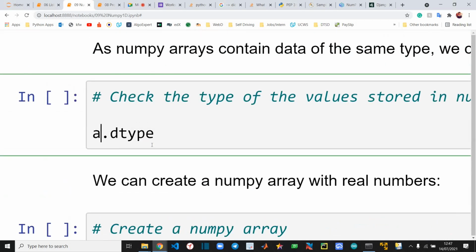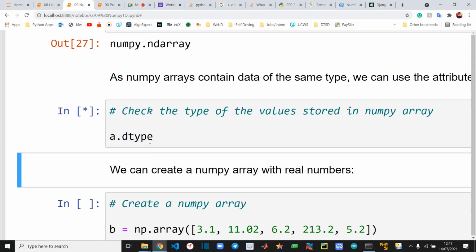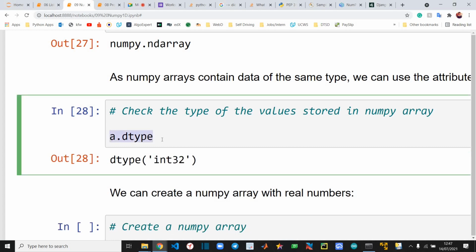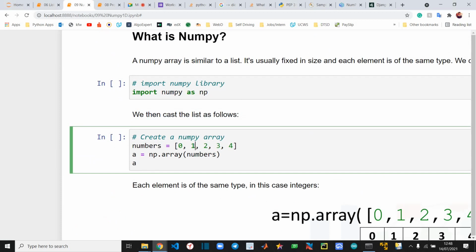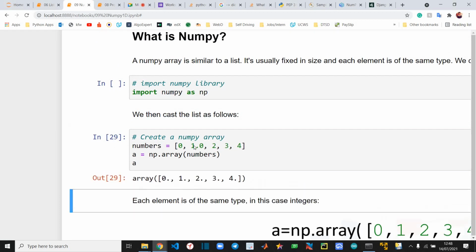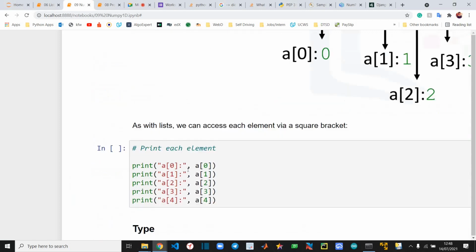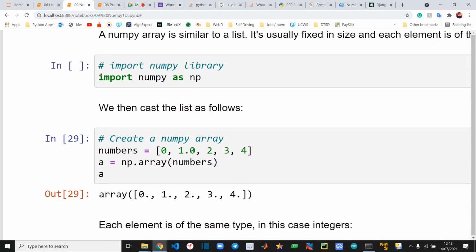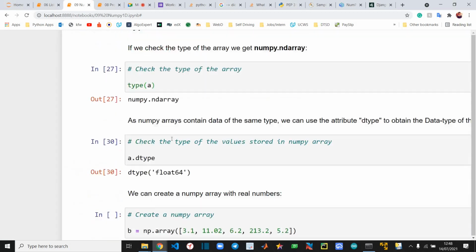Even if you want to check what kind of data is stored in this A, you can use dtype. You can see the data type is int32. If I change this to 1.0, we know all of this will be changed to floats. If I run this cell again, it will say that it is float64. So the data type has changed, and this way you can access the data type.